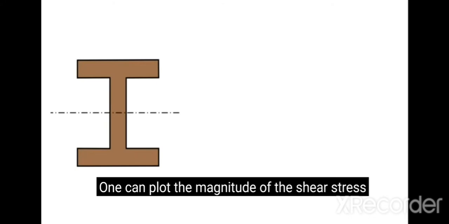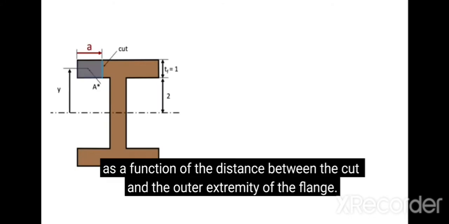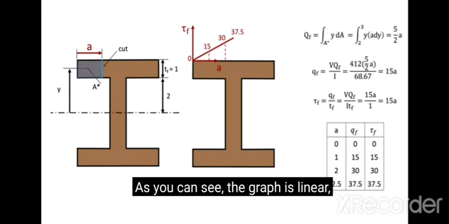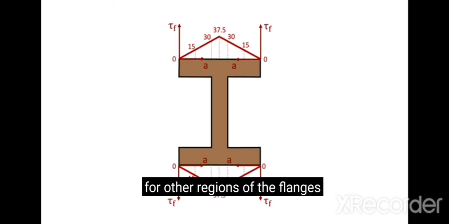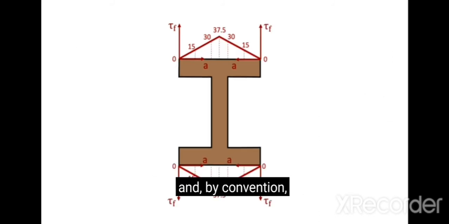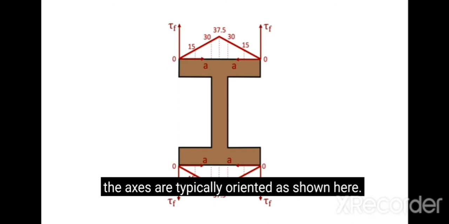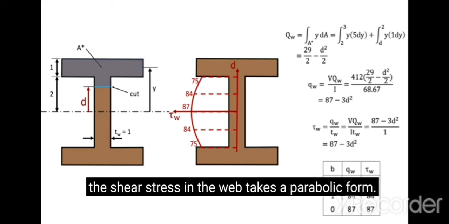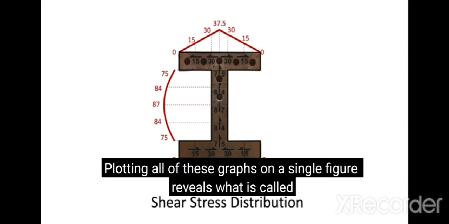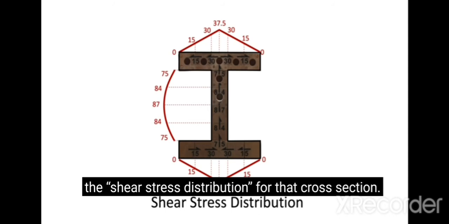One can plot the magnitude of the shear forces as a function of the distance between the cut and the outer extremity of the flange. As you can see, the graph is linear, a result confirmed by the calculations shown on the right. Similar graphs can be made for other regions of the flanges, and by convention, the axes are typically oriented as shown here. As these calculations show, the shear stress in the web takes a parabolic form. Plotting all of these graphs on a single figure reveals what is called the shear stress distribution